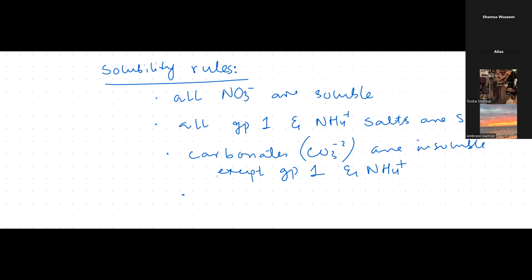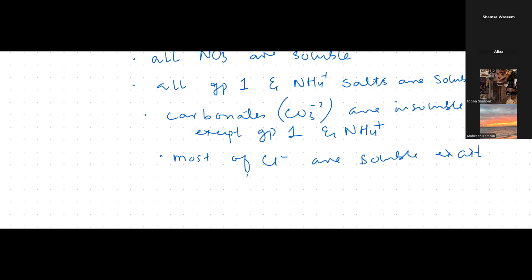Most chloride-containing salts are soluble, except the ones which are insoluble, which are going to be silver and lead. Silver chloride is insoluble, lead chloride is insoluble. Whichever other salts contain chloride ions are going to be soluble. There was going to be mercury as well, but mercury is poisonous and it's removed from the syllabus. So most of the chlorides are soluble except these, and most of the sulfates are soluble